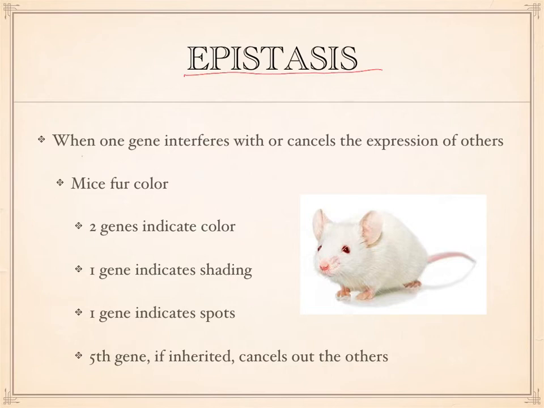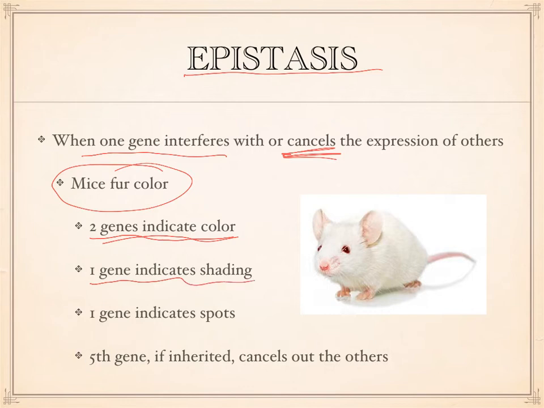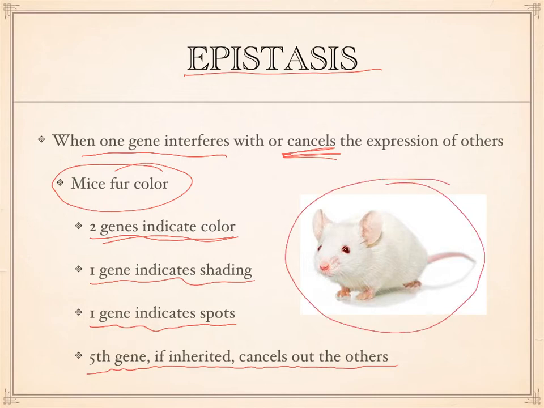epistasis is when one gene interferes with or cancels the expression of others. Best example of this is in mice fur color. There are two genes that would indicate color in mice. One gene indicates the shading of the fur color, and one gene indicates the spots. The fifth gene, if inherited, cancels out all the others,